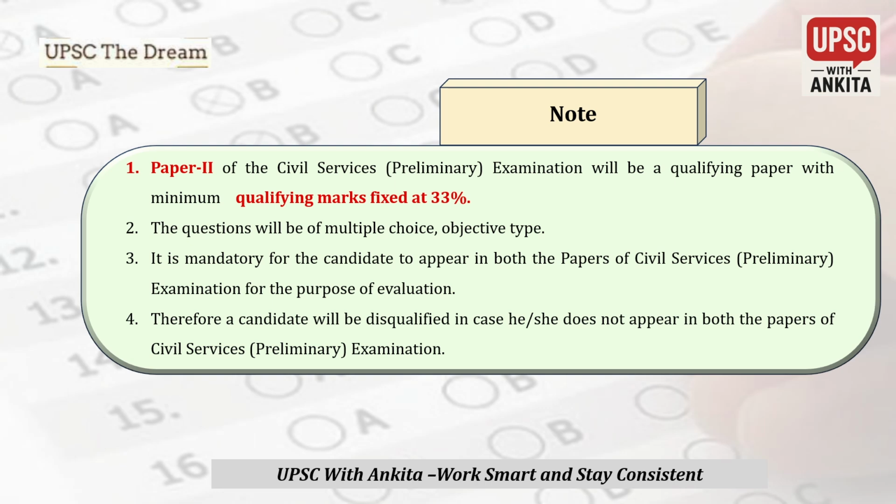and one more thing you have to remember, Paper 2 of the prelims examination will be a qualifying paper. I have already mentioned the qualifying marks are fixed at 33%. Both papers are of multiple choice objective type, and it is mandatory for the candidate to appear in both papers of the civil services examination for the purpose of evaluation, which means that a candidate will be disqualified in case he or she does not appear in both the papers of the CSE prelims examination. Okay,